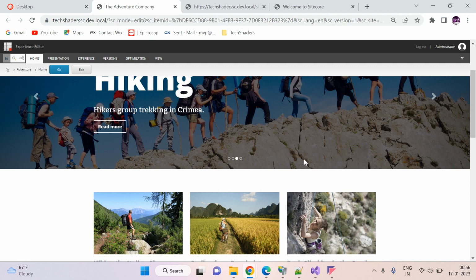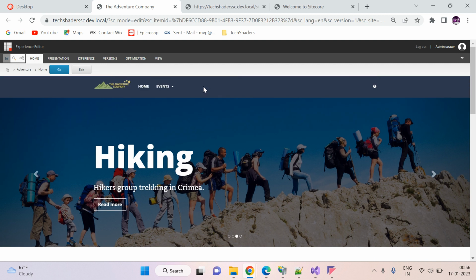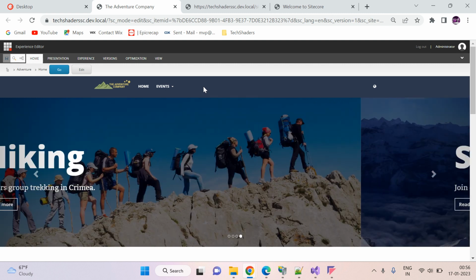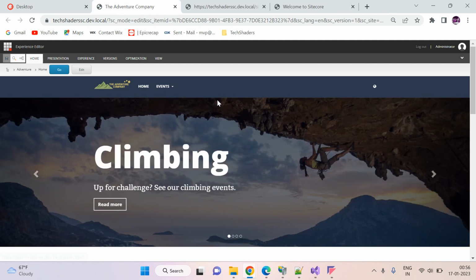How we can make this static binding into dynamic binding. So now you can see I could not remove this component from the experience editor. Then we would say it's not a content author friendly site, in case they want to remove these sections from the page, then we can't do that, right? So we can make this component